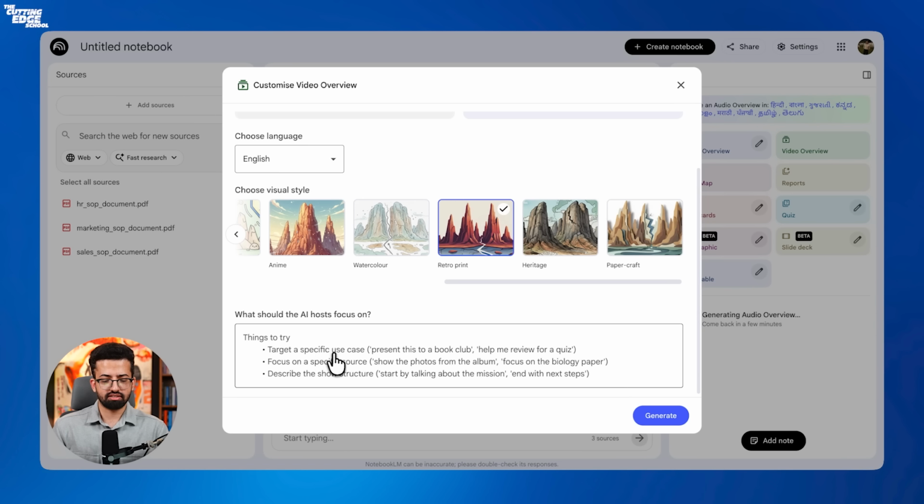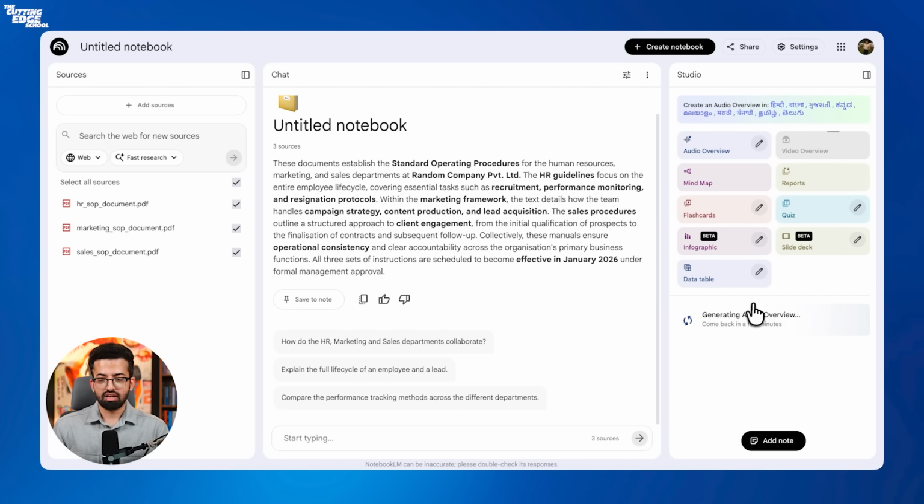So let's just keep this as is. I won't write anything here. And I'll click on generate. Now when I click on generate, NotebookLM will give me a proper video explainer of what these SOPs are and